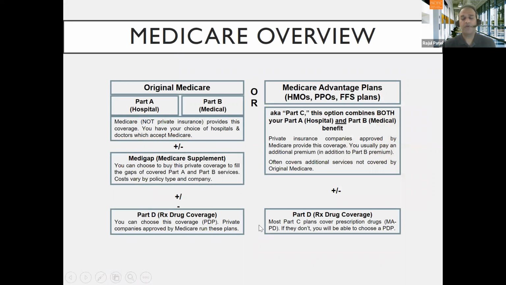So, a quick overview of what we've talked about. Medicare patients have 2 primary routes by which they can get coverage. The route on the left is original Medicare. Sometimes these individuals will add something called a Medicare supplement or a Medigap policy. And it is what it sounds like. It helps fill the cost of what original Medicare doesn't pay for. And then they can add the Part D standalone prescription drug plan. The other way you can get coverage as a Medicare beneficiary is through Medicare Advantage plans.